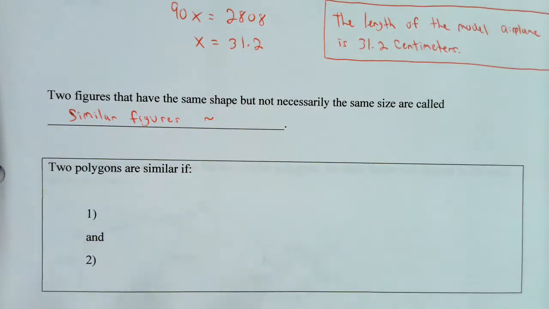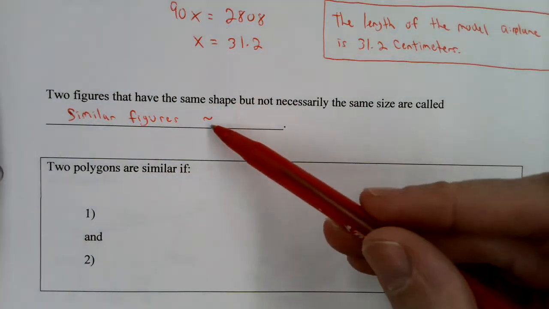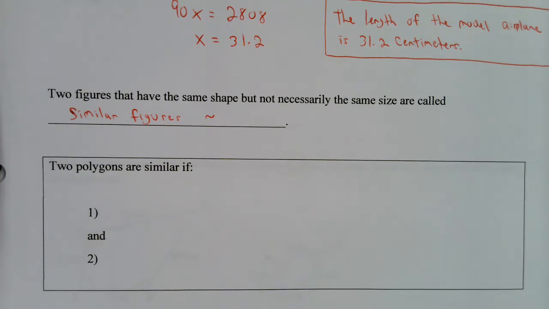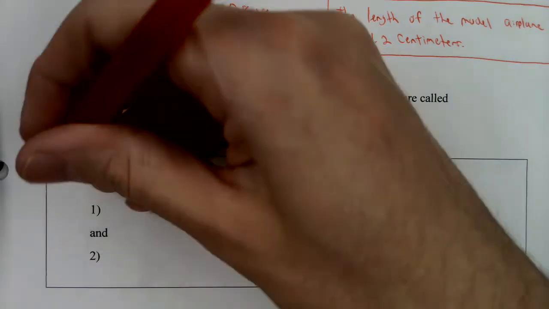And this is going to be the symbol for similar figures right there. Two polygons. A polygon is a closed figure with no curves and no openings. For example, squares, rectangles, triangles, trapezoids, pentagons, hexagons, octagons. Those are all polygons. Two polygons are similar if their corresponding angles are congruent,